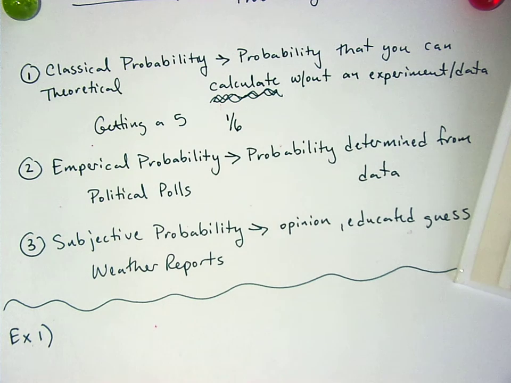3. Number 3. Subjective? No, empirical. That's number 2. Yeah, I know. Okay, so why do you think it's number 2, empirical? Why do you think it's empirical? I don't know. Should I just move on to somebody else? Sure. Okay, seems like you're randomly guessing. 5. It's empirical because you're using